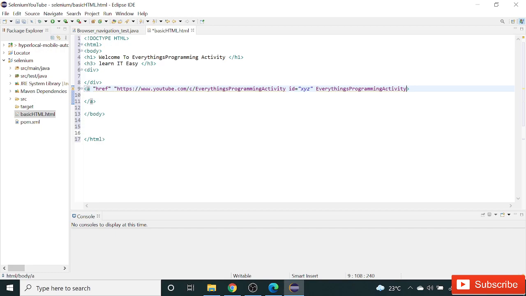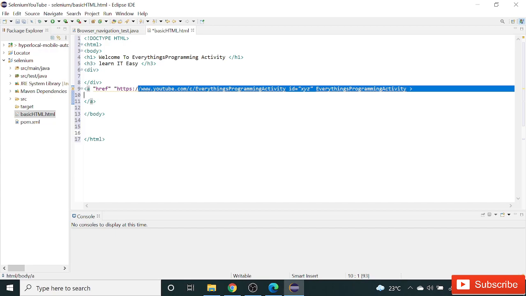So the link name will appear like this, and if someone clicks on this link, it will go to that site location. That's it.